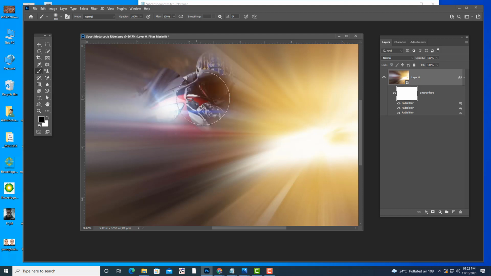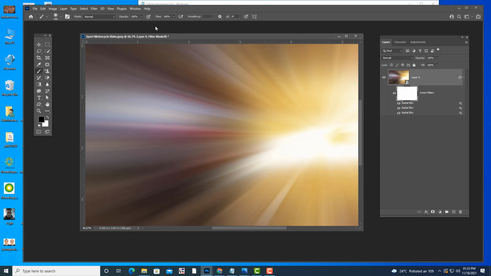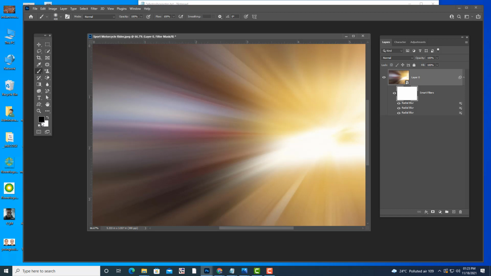See here. I can create some nice interesting things. Understood? You can also see one more interesting thing. Instead of taking full black color, we can reduce the flow amount, meaning the power, and then you can create some mild effect.